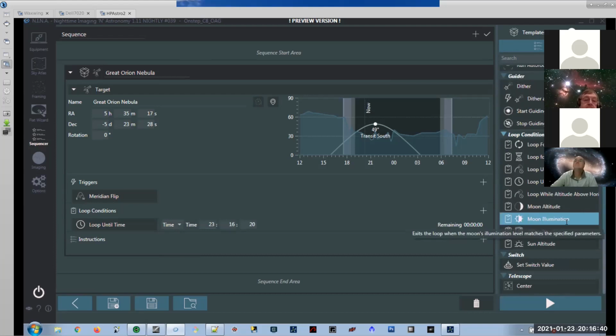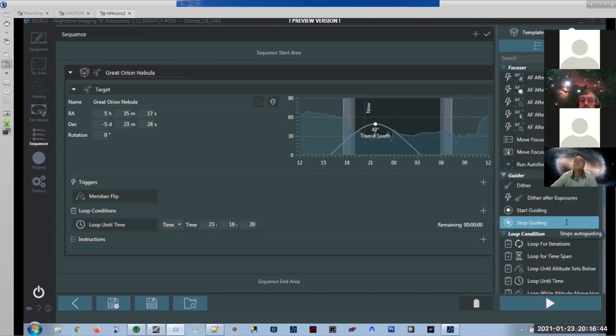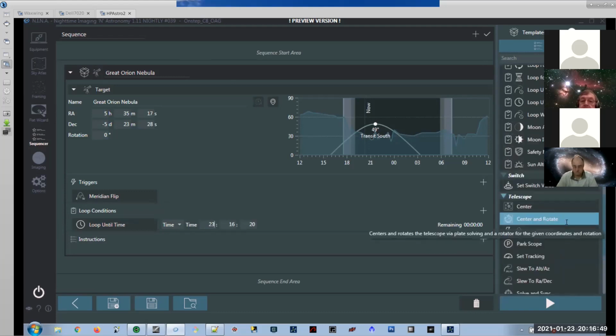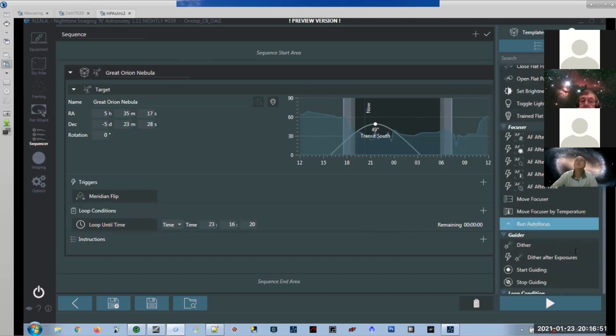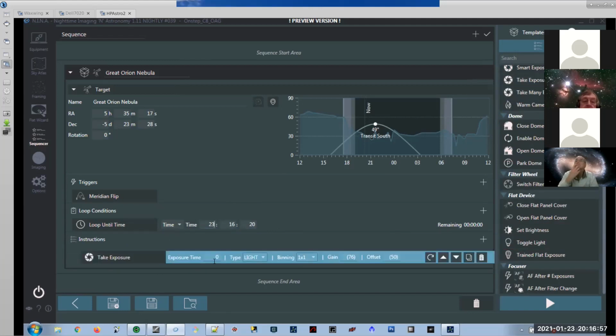So what can we do for the instructions? Well, for this case, let's just do something simple, which is... anyone see take exposure? Oh, there it is. All right. So instructions are things like take an exposure. So we could just say until